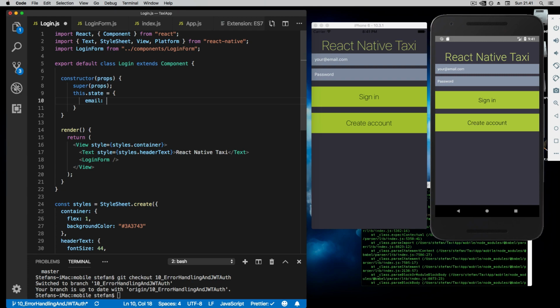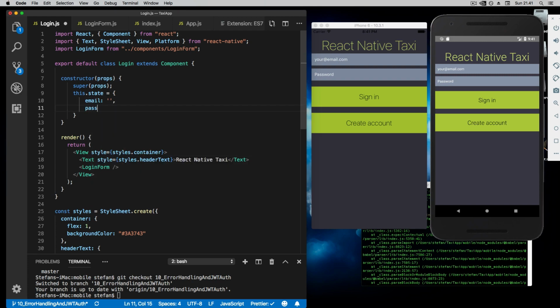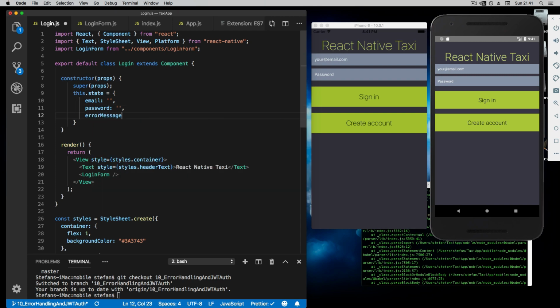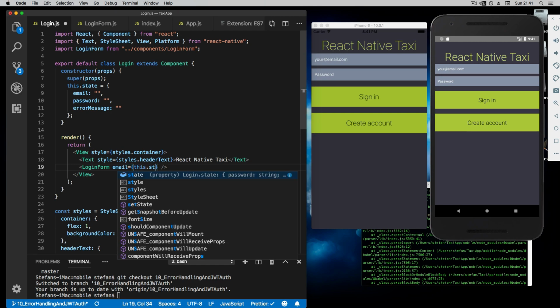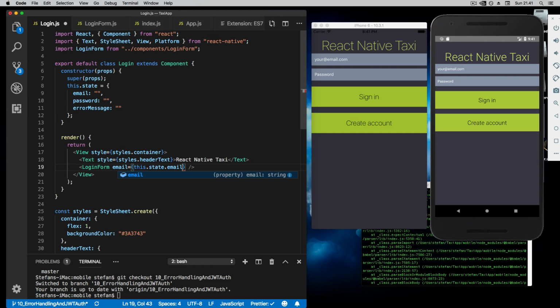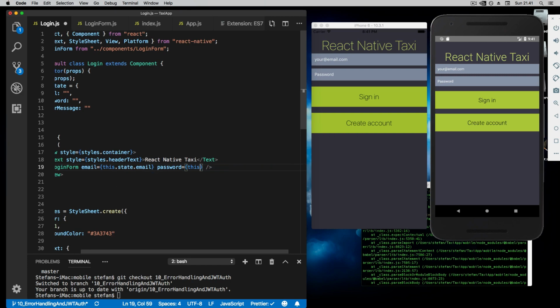with an email that's blank and a password that's blank, and also an error message that's blank. That is it for now. And now let's pass this email onto the login form. So this state, email, and a password, let's also pass that from the parent component state. This state password,